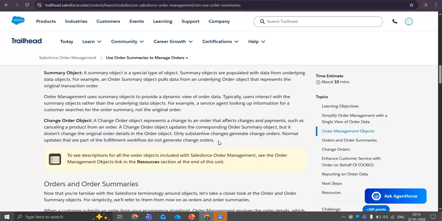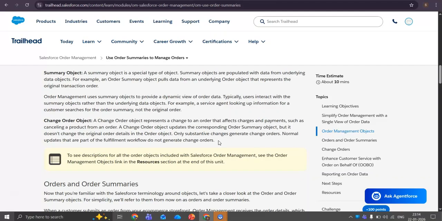So what exactly will it store? What exactly will the change order store? Generally the change order will store the product information which got affected financially. Suppose, for example, I have ordered two products. If I cancel any one product, it will create a change order record, and it will link to that product whichever is cancelled along with the quantity and the price information. Nothing but how much price has been impacted, nothing but the financial payment information. Okay. Same for return and also for the adjustments.